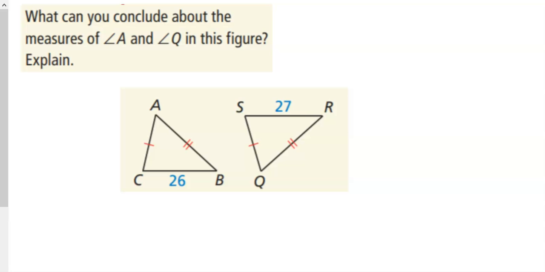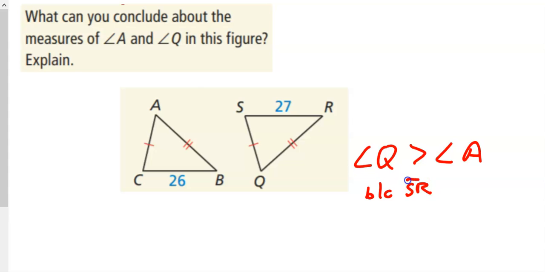All right. What can you conclude about the measures of angle A and angle Q in this figure and then explain? So same sort of idea here. It's the converse of the Hinge theorem. Since we know that SR is the larger, we would say that angle Q is greater than angle A